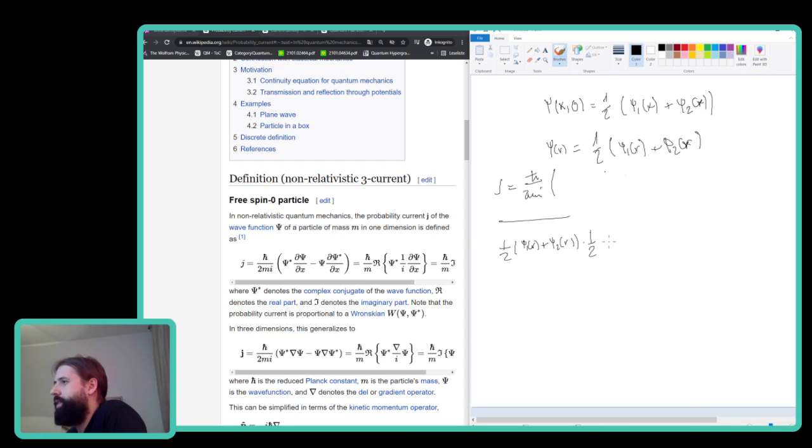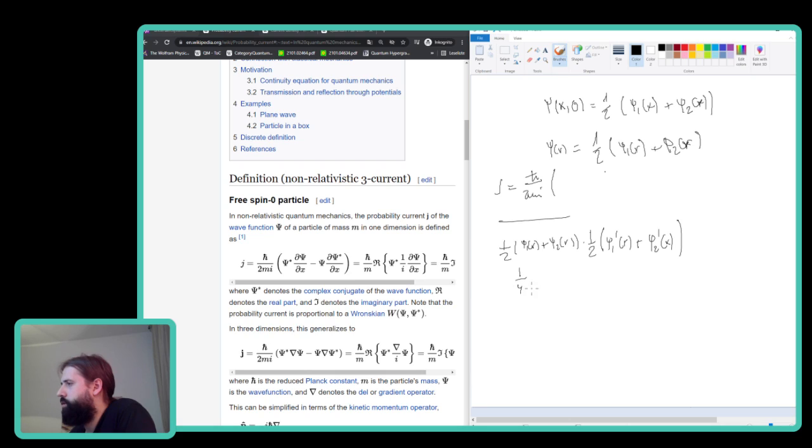Like essentially, because I don't know what those things are, that's the same as just saying the derivative of these functions, right? And then so then you basically have